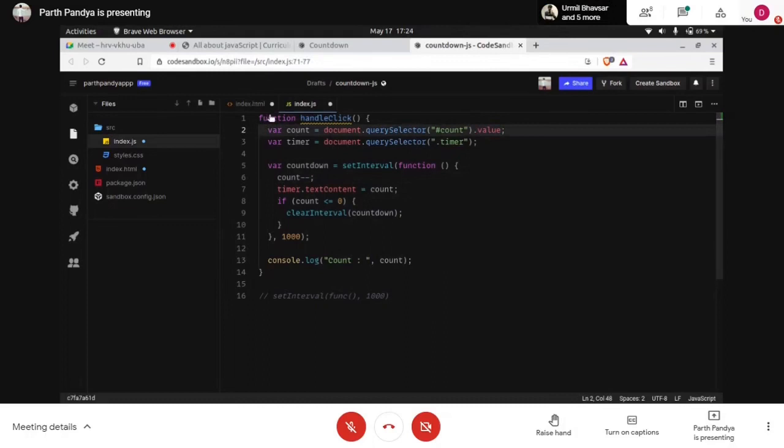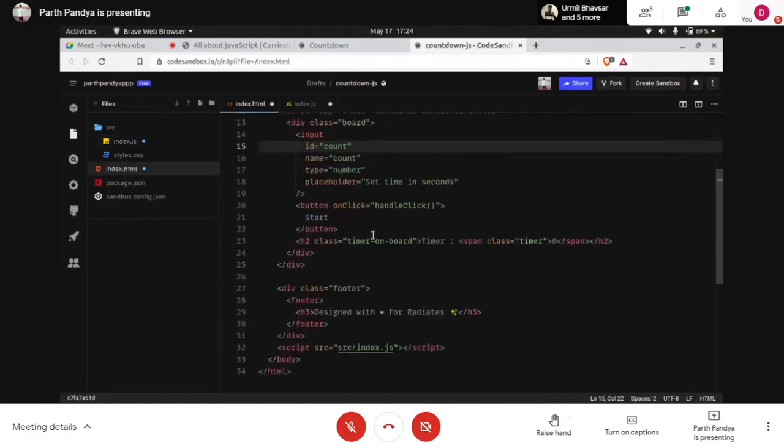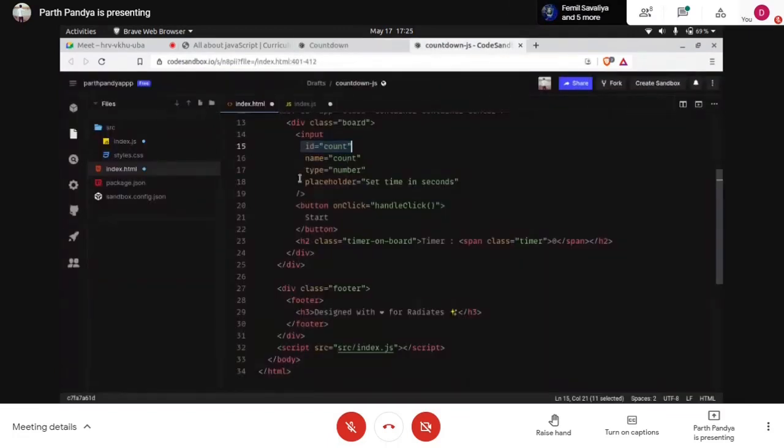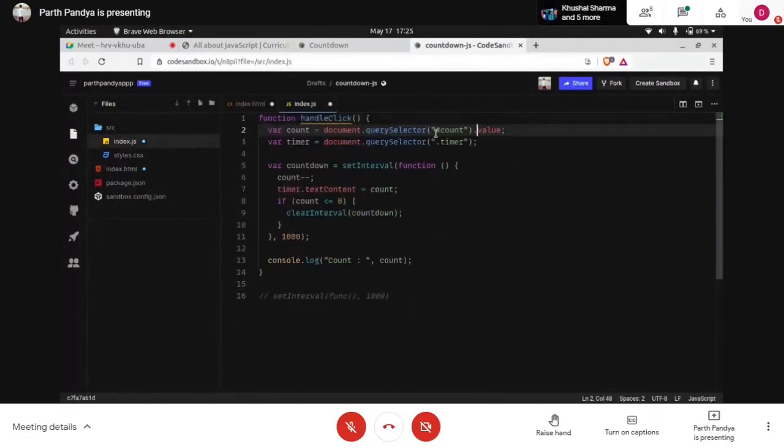Dot value means this. Here we have this ID equal to count. Whatever the value of this input area, whatever we are typing here, suppose we are typing 5 here, it will get value 5. We are referencing that particular value through this document.